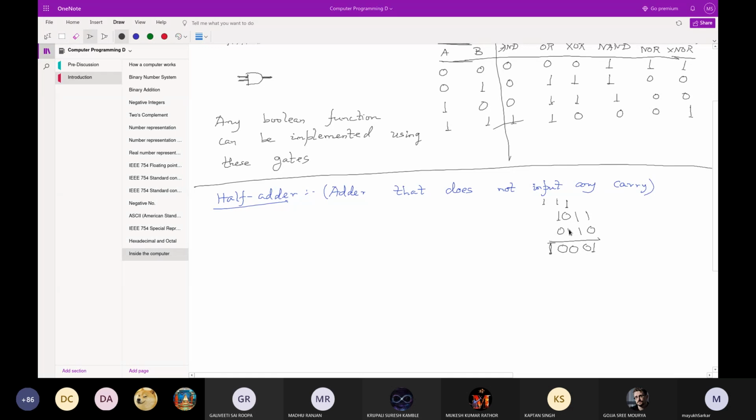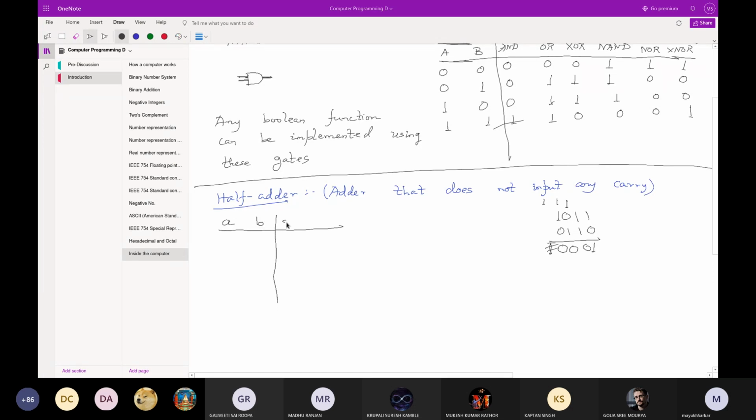For now, we'll consider that we are not confining anything, or if you want to confine, you can confine within 4 bits. Then you have to remove this 1 bit. But that's not the major issue. The main thing is that this carry, in the case of a half adder, we will consider that only these 2 bits are coming. There is no carry in bit. Then we will go for the full adder. So if you look into the half adder, it will have a carry out, right?